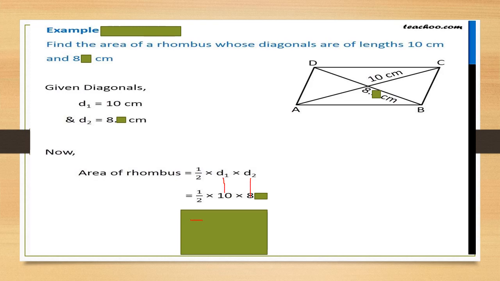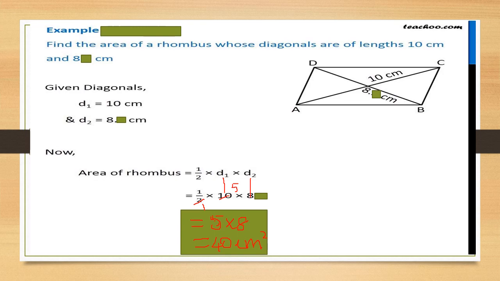So this is equal to, I'm going to do the cancellation with the 2 table. 1, 2 is 2. How many 2s are 10? 5 2s are 10. We can cancel this 10 or we can cancel this 8, but you should not do both numbers. So what is the remaining number here? 5 into 8. 5 8s are what? 40. That is equal to 40 square centimeters, or we can write centimeter square.